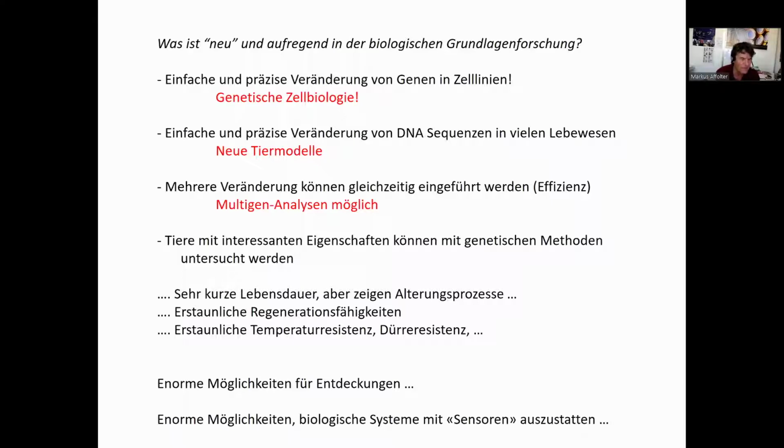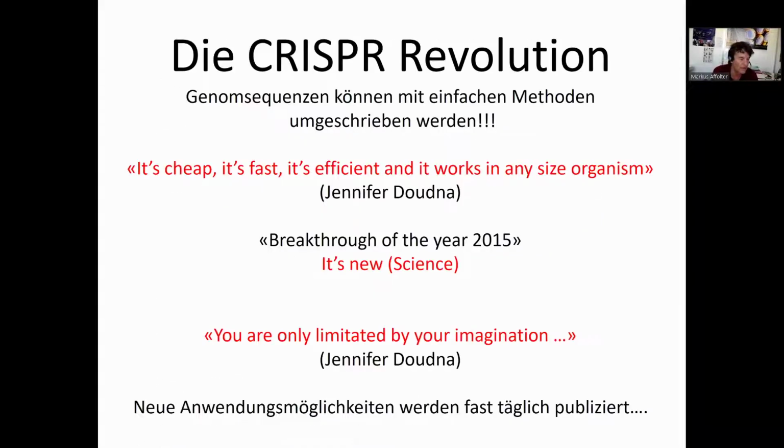So it's multigenic. And we need to isolate the effect of one mutation or two mutations or three mutations in the context of the whole organism. Do you need these three to do this? Is one prominent and so on? So multigenic, only possible now, wasn't possible before. So there are enormous possibilities for discoveries. That's good, but also enormous possibilities for synthetic biology to introduce new things into genomes at the right place, so that they're properly regulated. So the CRISPR revolution,